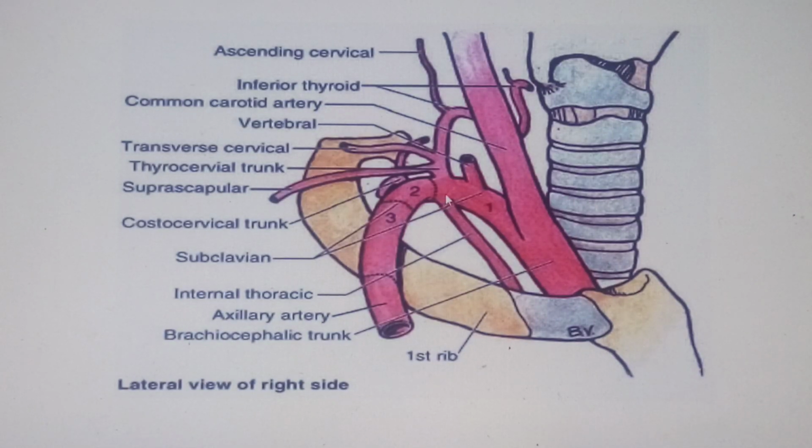Now, I've given you that mnemonic already. If you want to know the branches of this subclavian artery, there's this simple mnemonic for you, and that mnemonic is vitamin CD. Vitamin CD. And my friends, the first part of the subclavian artery will give off three branches. That's the first VIT of the vitamin. V represents the vertebral artery, which ascends upwards, going through the transverse foramina of the upper 6 cervical vertebrae. It means that C7 doesn't have a transverse foramen, or even if it has, it's so small for this vertebral artery to run through it, and that is why it goes through only the upper 6,